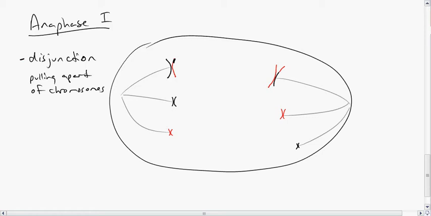All right, so occasionally something kind of, the other interesting term here is independent assortment. And this is the idea that each chromosome, I should say each, I'm going to erase that. I should say each tetrad splits